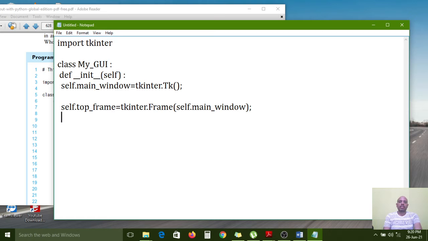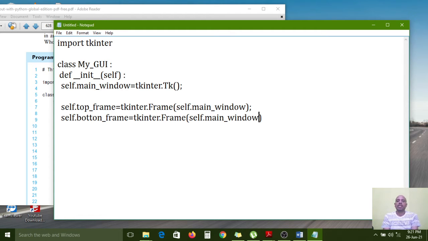Now I want to create the bottom frame. Self.bottom_frame equal to tkinter.Frame function. In that we have to pass self.main_window. Where do we have to create the frame?